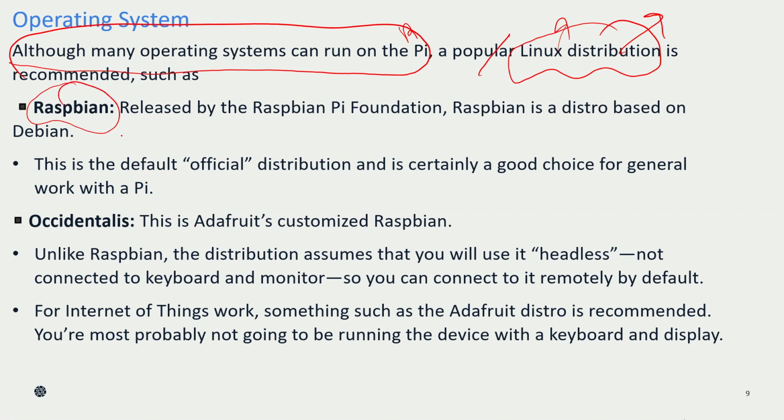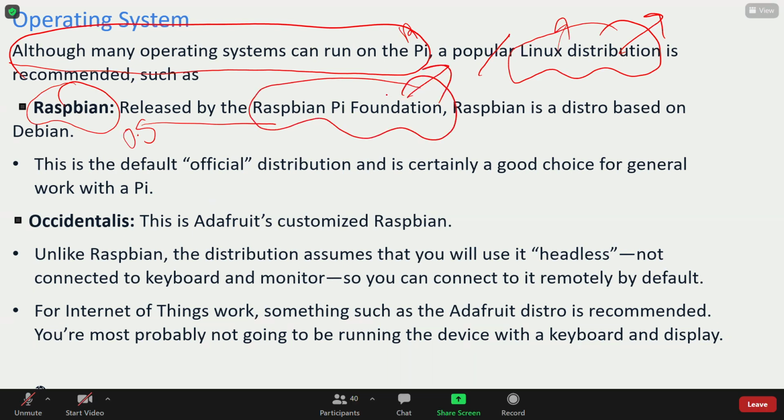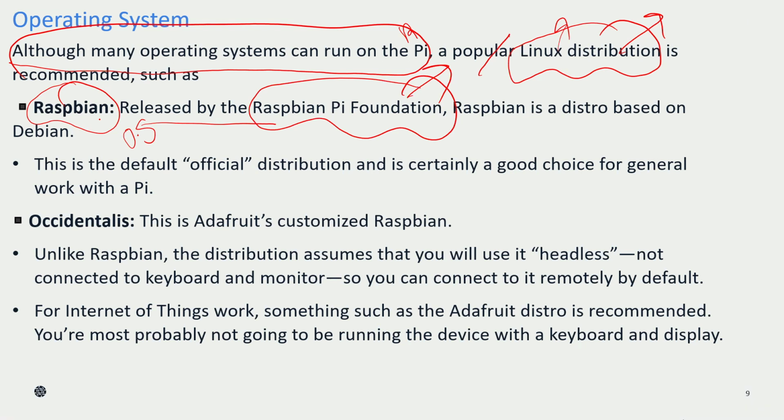Raspbian is a kind of operating system which you can use for any Raspberry Pi model, like 4, 3, anything. This Raspbian is released by the Raspberry Pi Foundation, and it is desktop based. So it's a desktop-based operating system where you can install it and execute your instructions.